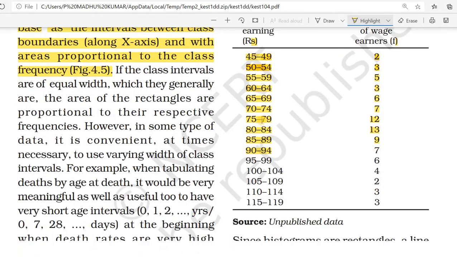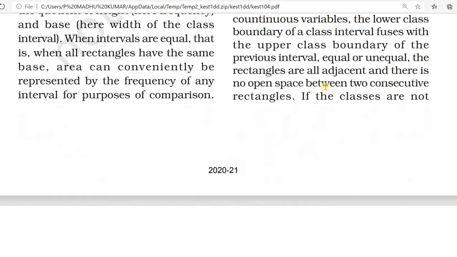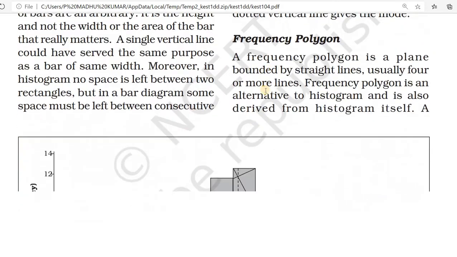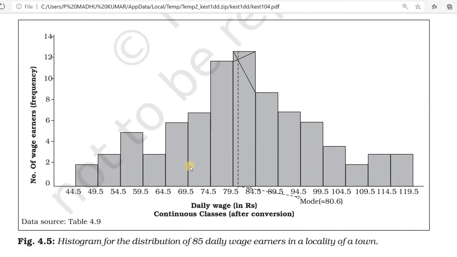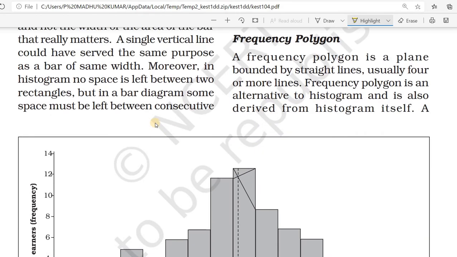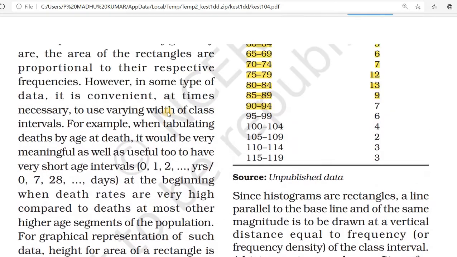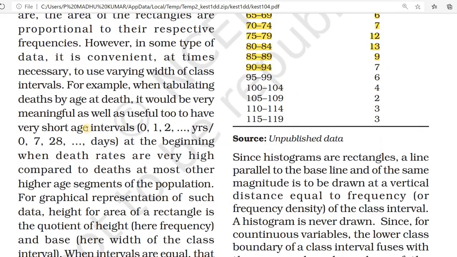Generally the rectangles are proportional. In a bar diagram we also do the same thing, but one difference is there. In bar diagrams normally we leave some gap in between. In a histogram we are not leaving any space. That is the difference. Here you can see,